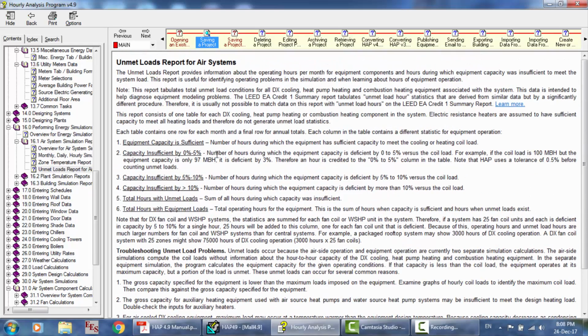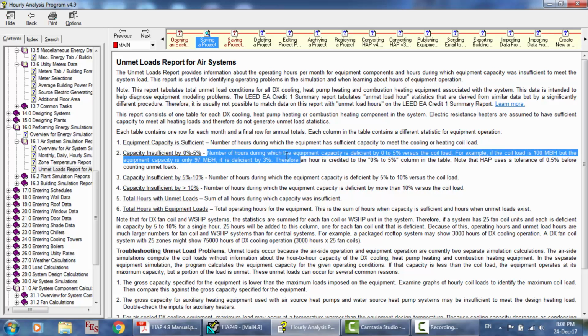gentlemen, here is the number of hours during which the equipment has sufficient capacity to meet the cooling or heating load. Insufficient numbers of hours during which the equipment capacity is insufficient by 0 to 5%, and this is for the DX systems. Okay, for example, the coil load is 100 MBH, but the equipment capacity only is 97 MBH. It is insufficient by 3%. Therefore, an hour is created